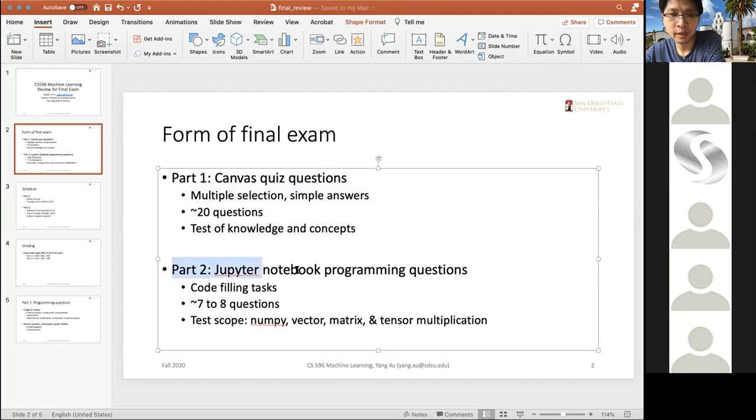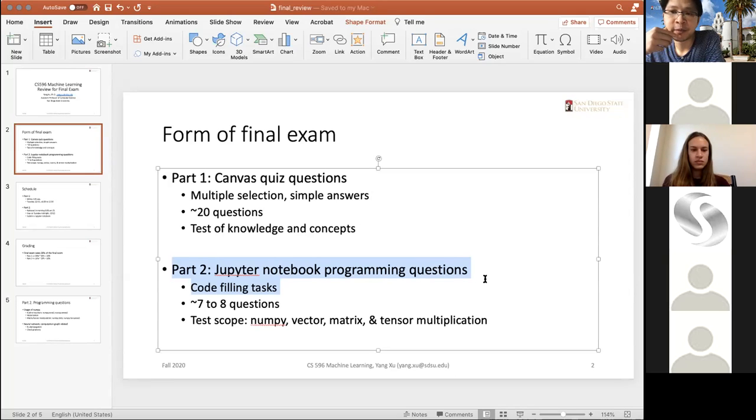So the second part will be a Jupyter Notebook based programming test. I think there will be 7 to 8 cells, and each cell is a more independent question. All the tasks will be very similar to the code filling tasks in the assignments. I think the difference from the assignments is that in the final exam, I'm not going to have questions based on